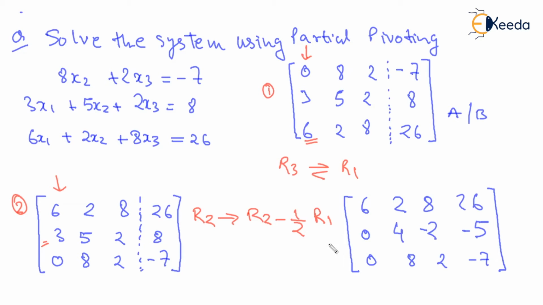So this is the third one. Now column 1 is fixed, we have the pivot as 6 here, and we'll move to column 2. Row 1 is fixed now, we don't have to worry about it. In column 2, among these two elements, this element has the higher absolute value. So the operation required is exchange of row 2 and row 3, so that this 8 comes as the pivot.